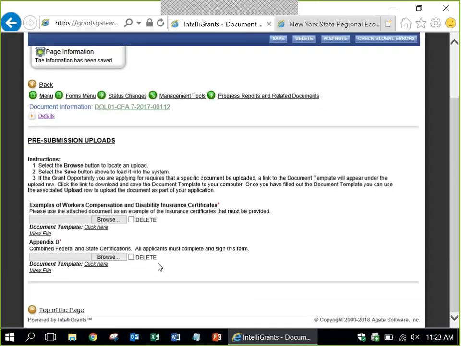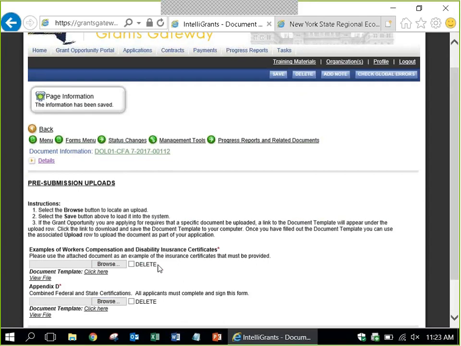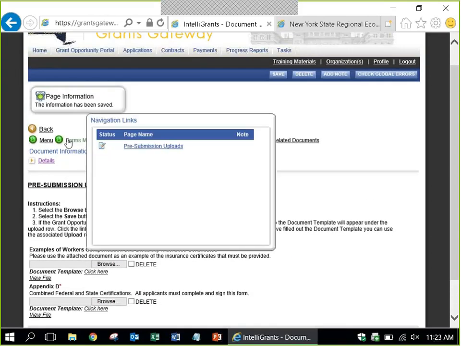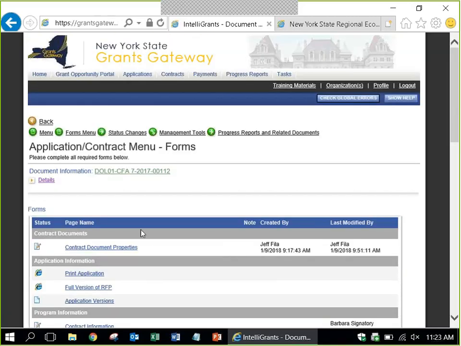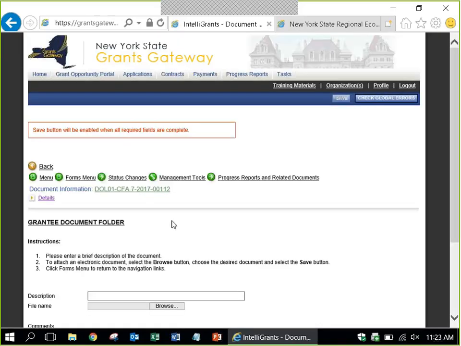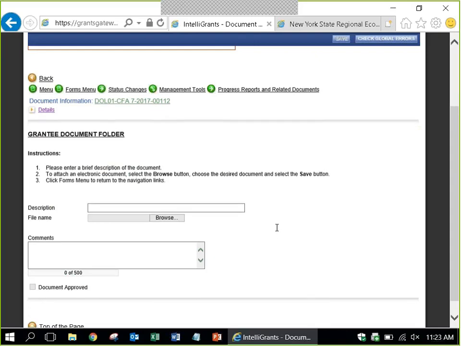Okay, so I've taken care of those requirements. I needed 2 attachments here, and I certainly needed my workers' comp. Back to Forms menu. So that was my pre-submission uploads, and finally is the grantee document folder. If there are other documents that you need to provide and they didn't specifically fit in the program-specific questions, or maybe your program or contract manager is asking for it, you can put them here. You don't need to, and please don't unless you really asked, but just in case, there's this grantee document folder,